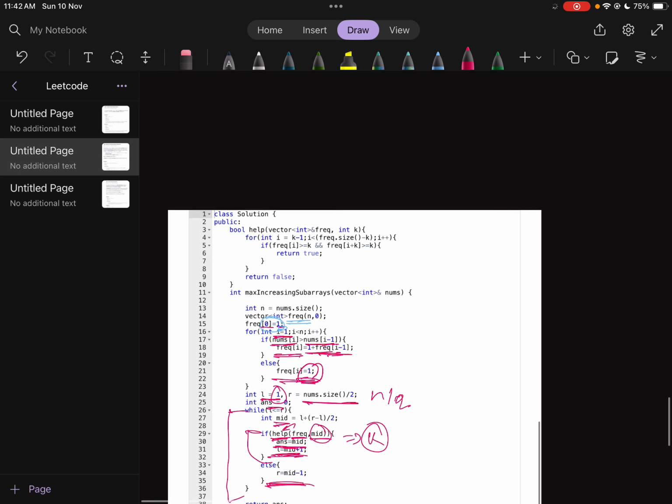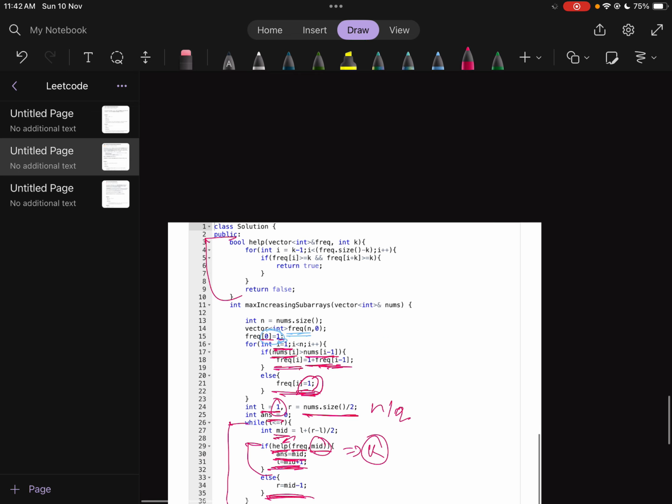Okay. So here I am calling a helper function. How am I actually checking whether any random k is possible or not? I already mentioned that our search space starts from, suppose k is equal to 3, the first subarray and then the next, 4, 5, 6. Correct? So what is i? i will be 0, 1, 2. So it will be k minus 1. That's why i is equal to k minus 1. And what value can i go up to? Up to n minus k.